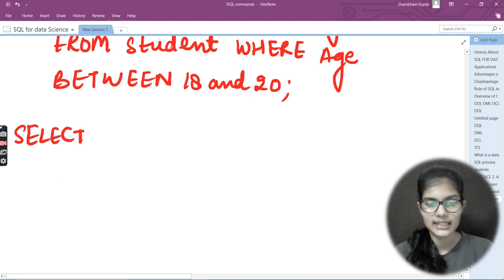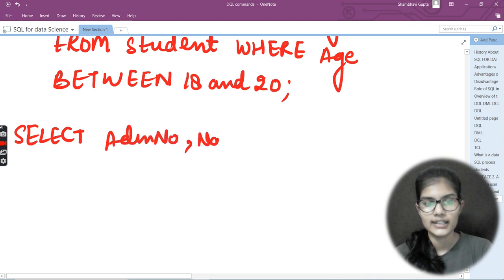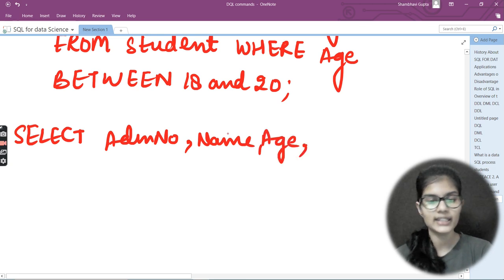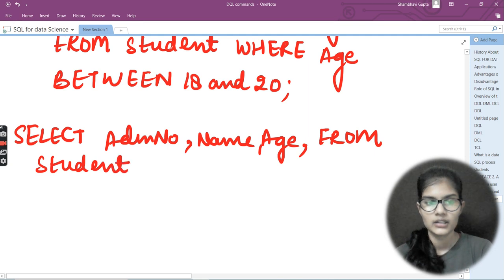So here comes the select. Select admission number. Let's say we have name, and after that age. Let's say these are the three things. So I would just write here select admission number, name, age from student, and here comes the where clause which we have.